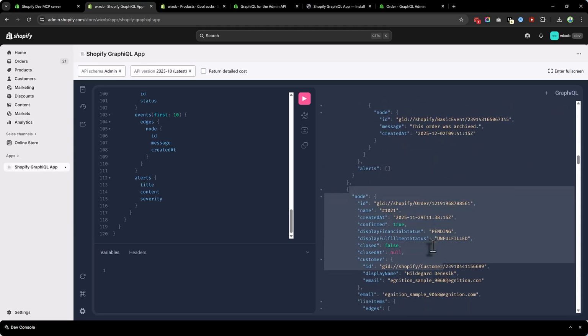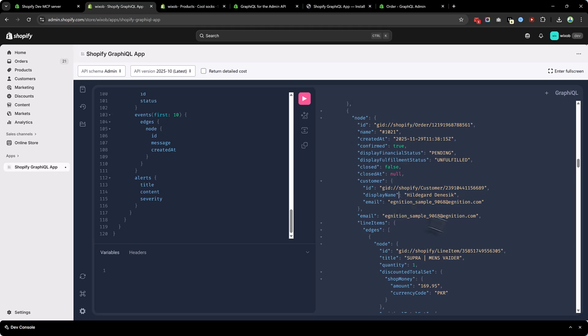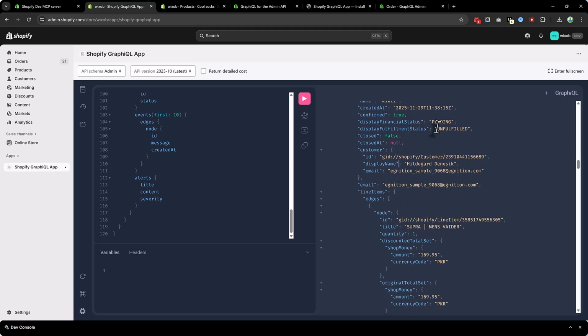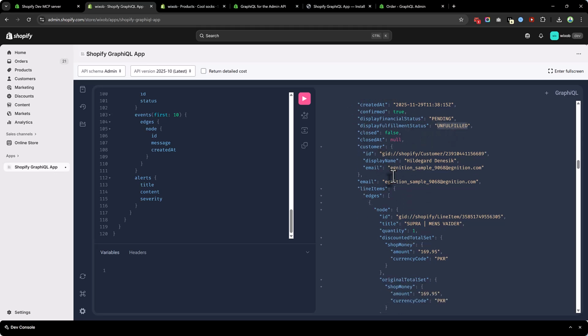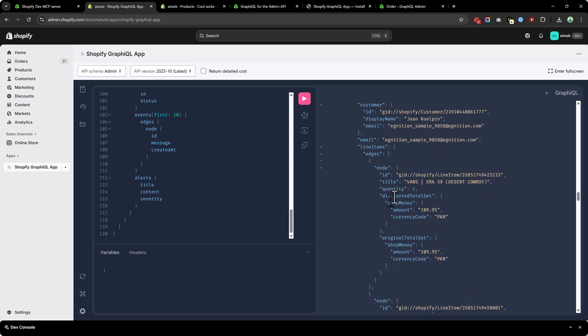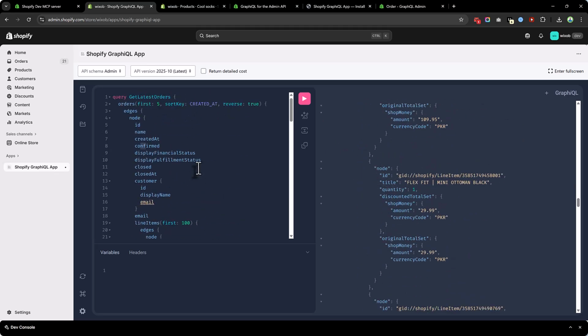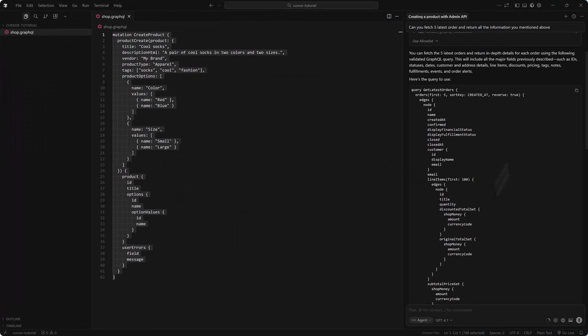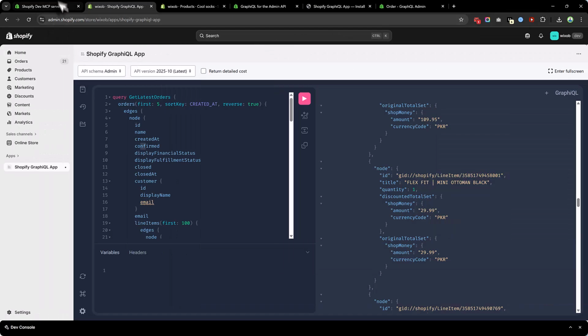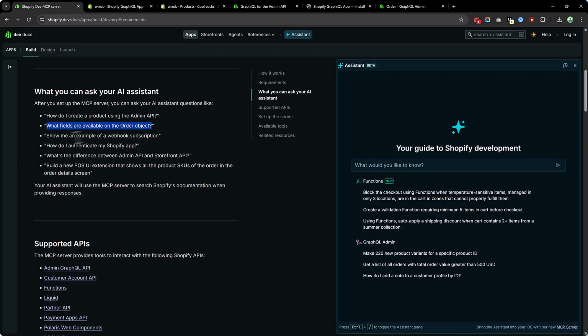And in the next order we get more information, and this order is pending, unfulfilled. We get all the massive information, and you can create this query very quickly by using the MCP server of Shopify. So let's go back here and see another example. Show me an example of